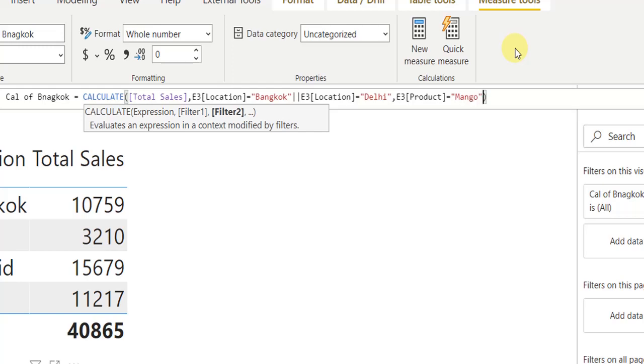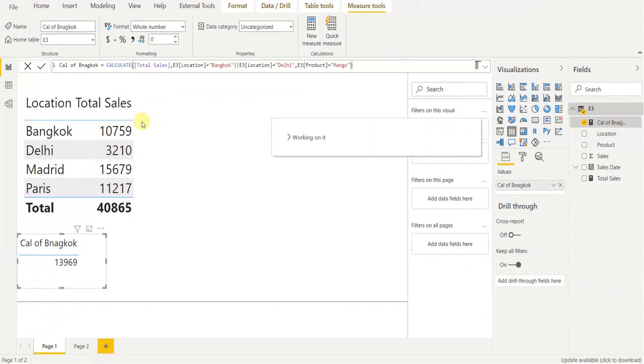When we press enter, we will see the total sales for mango in the Bangkok and Delhi office locations. It looks like there is no sale for the mango product in these two locations, so let me just change it to orange. And now you can see the value here, which is filtering down the data further to product level as well.